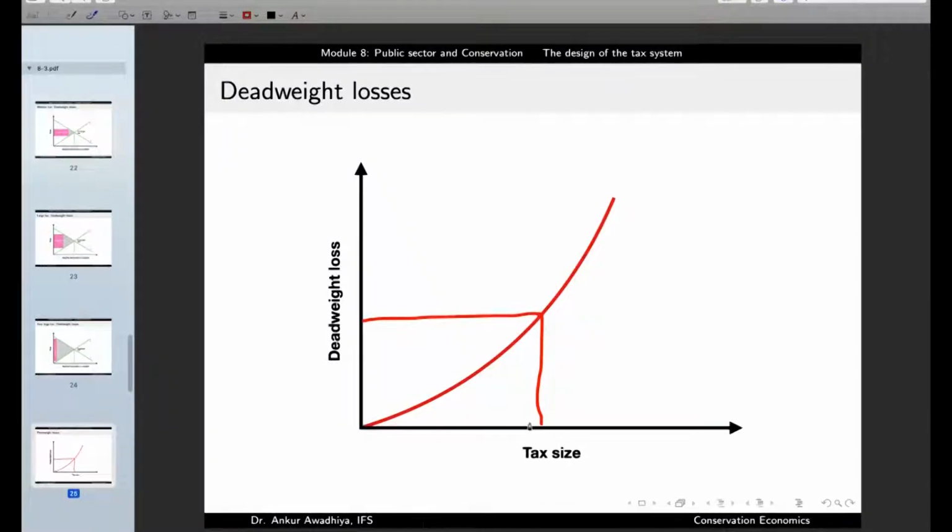So in this case, with the optimum that is given by the Laffer curve, the deadweight losses are already too high. So now the government will have to think again. The government will think that, okay, I need this tax revenue to work for the people, but in the process of maximizing the tax revenue, I have already hurt people, because I have already reduced their surplus by a very large amount, as is given by the deadweight losses.